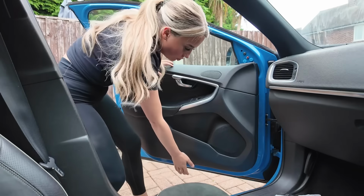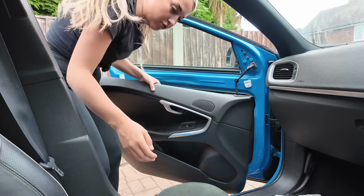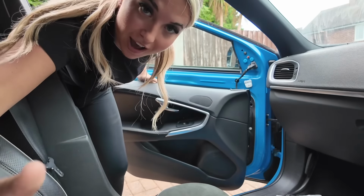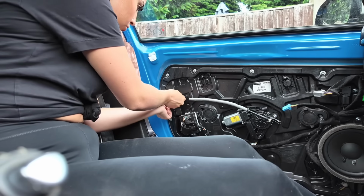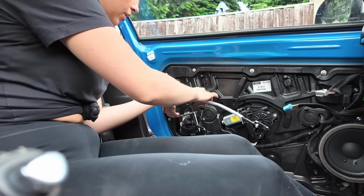Like that. It should just lift and come off. Oh my God, isn't that just beautiful? Why do all cars not do that? So this in here is the actual lock mechanism part, which I'm probably going to need some pliers to open